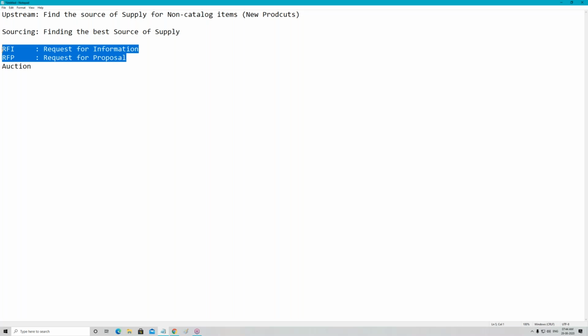Now, I gave an example in the demonstration of how to differentiate between an RFI and RFP. But I also gave a small warning that it was a very overview kind of session and I could not go into depth. So what was the specific example? Suppose you don't know what a smartphone is. All of you are going to ask me back, Manoj, you are describing a situation which is never going to happen. But assume you don't know anything about smartphones, and you want to buy one.